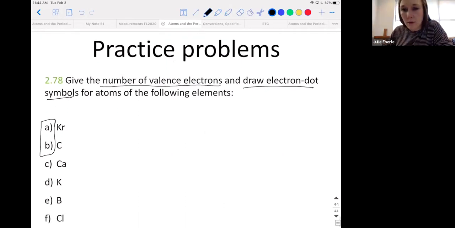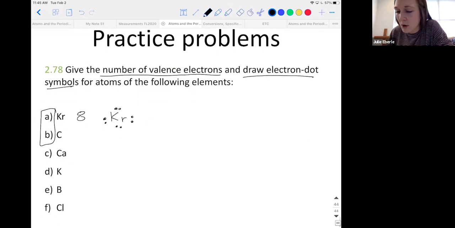Okay. Kr, krypton, how many valence electrons does it have? 8. Good, it's a noble gas. So how are we going to draw that dot structure? Kr, start putting electrons on every side. We've got 4 now, but we need 8, so keep going until you get 8. You should never have more than 8, okay? That's the max. All right, what about carbon? Yeah, 4. Okay, so then we'll draw the symbol for carbon, and just like on the table up the top, you see it looks like this. Okay. All right, questions with valence electrons.